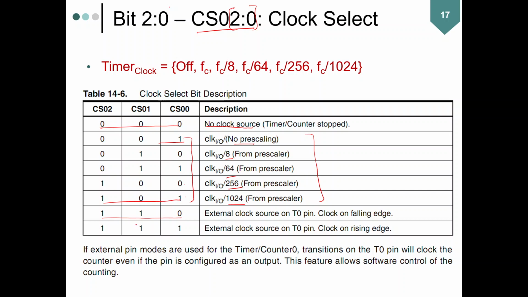If these bits are configured as 110, then the external clock source on the T0 pin will be utilized to drive the timer. However, the transition is going to take place on the falling edge or the negative edge. And then you have 111. If the bits are configured as 111, then again the external clock source given on the T0 pin will be utilized, but the transitions are going to take place on